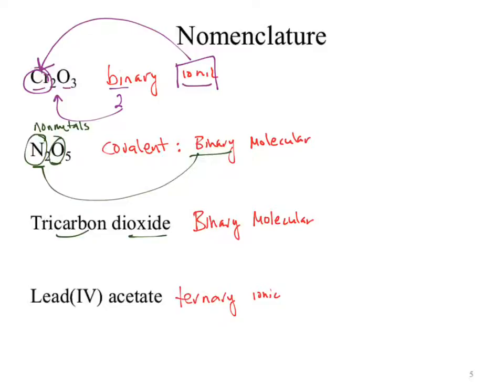The oxide might be a little bit tricky, but both of those are nonmetals. If I've got only nonmetals, I'm looking at my molecular compound. Right? The last one, ionic because we have lead. Ternary because